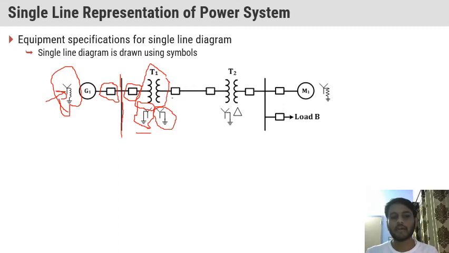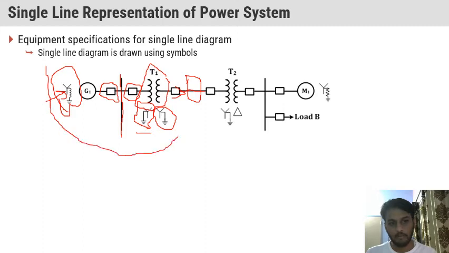Then we have another circuit breaker, and this is the transmission line. This transmission line is not short like this. It will be hundreds of kilometers, or we can say thousands of kilometers. This part is termed the transmission line, and at both sides of the transmission line we have a circuit breaker. Then we have another transformer, if we transmit this power to a substation. This is the generator side, the power plant side.